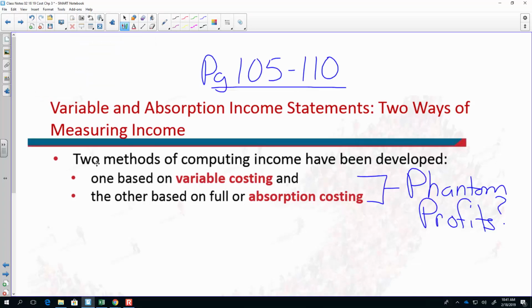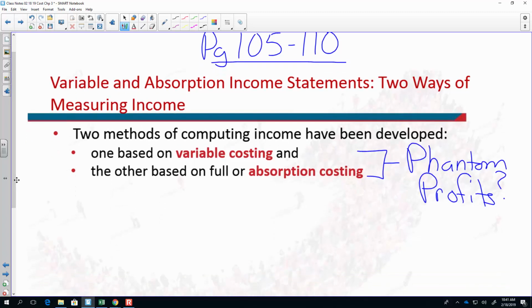The last section of chapter 3 is to do two different types of income statements. One is called a variable income statement, and the second one is called the absorption income statement. It's in your textbook, only a couple pages, page 105 to 110. They show some good examples, but I also want to talk about the difference in incomes between the two, and that's where I have this phantom profits. So I'll show you where that occurs and why it